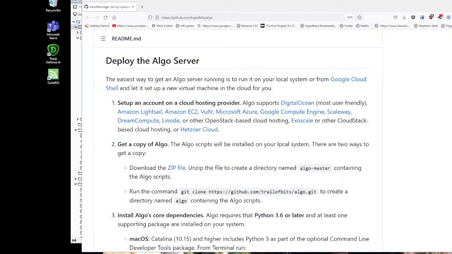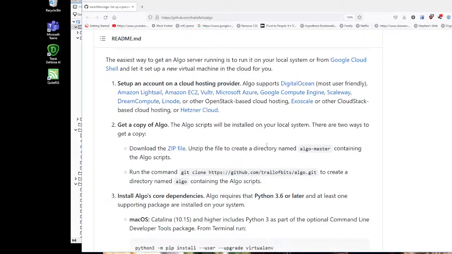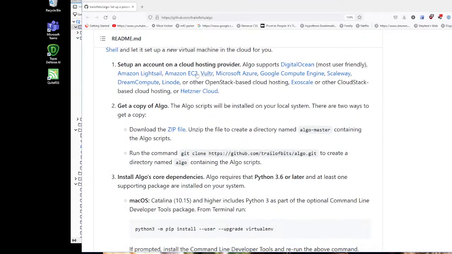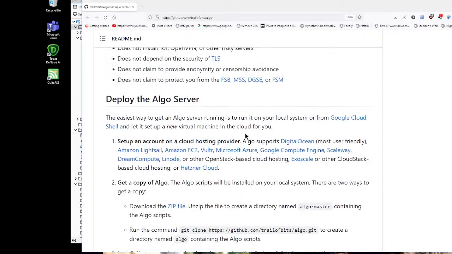It's not magic. So the easy way to get an Algo server running is to run it on your local system or from Google Cloud Shell and let it set up a new, emphasis on new, virtual machine in the cloud for you. So set up an account on a cloud hosting provider. It also supports a bunch of other things: DigitalOcean, Lightsail, Amazon, Microsoft Azure, Google Compute Engine,